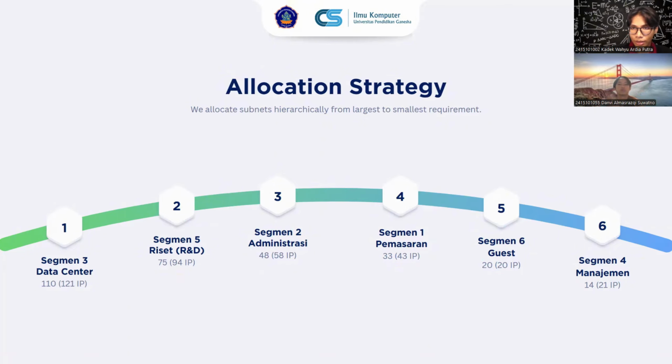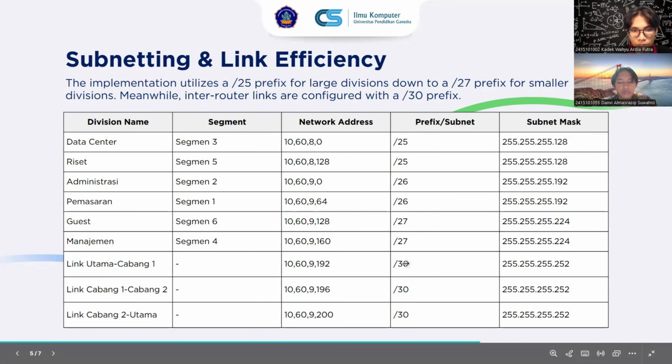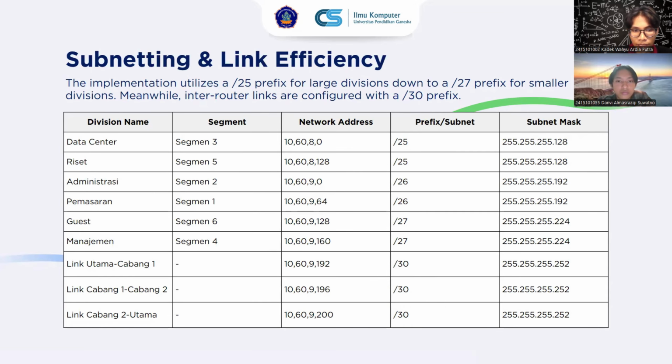Okay, the reason is simple. The reason is to prevent address overlapping and to keep our IP block organized and flexible. Okay, as shown in the table, we divide the subnet using the prefix from /25 to /27. For connection between routers, we specifically use the /30 prefix, and this is the most efficient choice because it technically provides exactly the two host IP addresses needed by the router interfaces, allowing the efficiency of our /22 block to reach its peak.